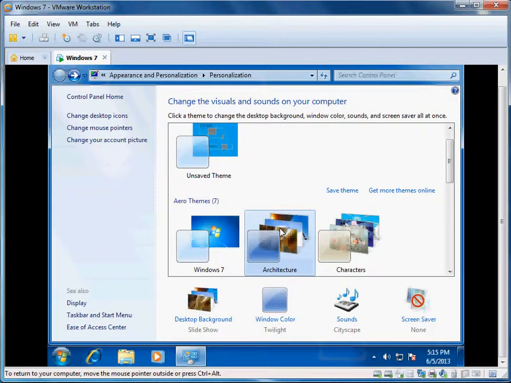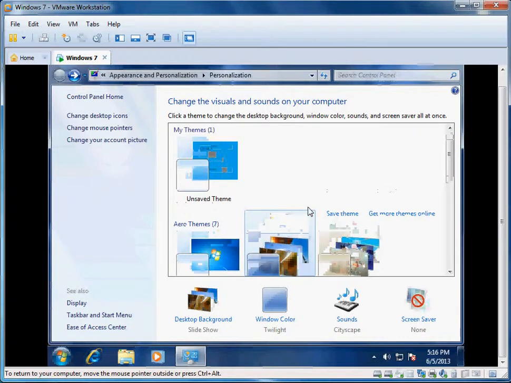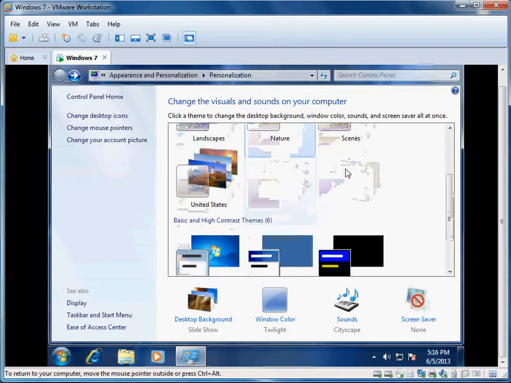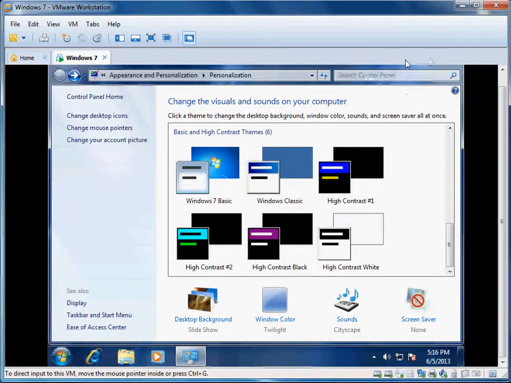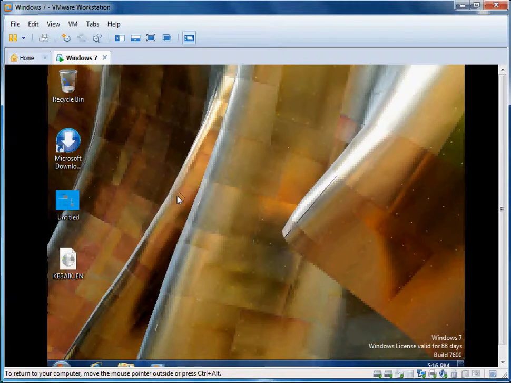Let's go with some architecture. Alright, so we've gone ahead and changed the background, and